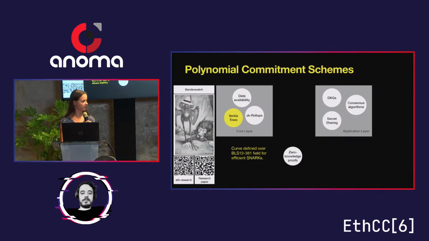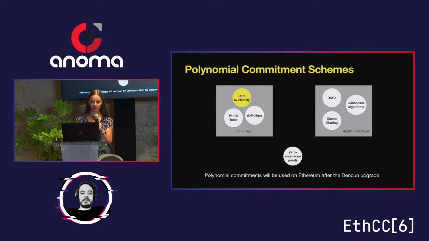For the application of zero-knowledge proofs, I will say more on this later, because right now we're talking more about where else polynomial commitment schemes are being seen on Ethereum. The big one I want to talk about is data availability. The reason I want to talk about this one is because polynomial commitment schemes, which are a core building block for zero-knowledge proofs, are going to be used on Ethereum after the Dencun upgrade, probably. So this moves me on to my second case study: data availability, definitions, and design.